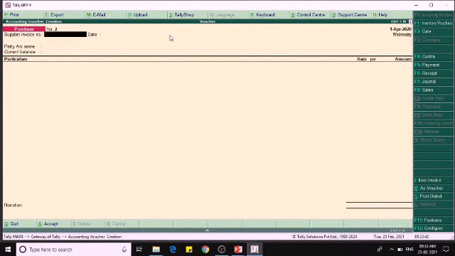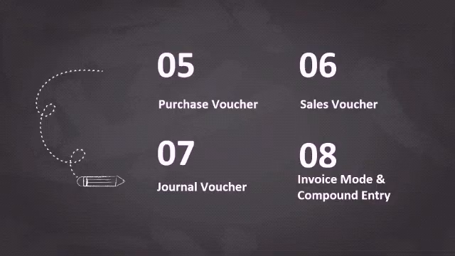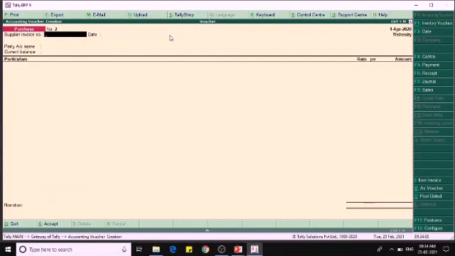Okay. Next one is compound entry. So after invoice mode we are going to see about the compound entry. Any voucher which consists of multiple debits and or credits is known as compound entry. Let us see one example. Now I will go to the payments. The shortcut key for payment is F5.